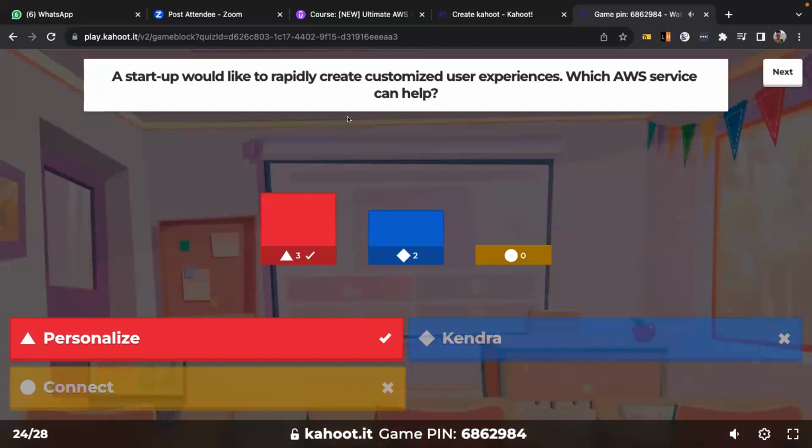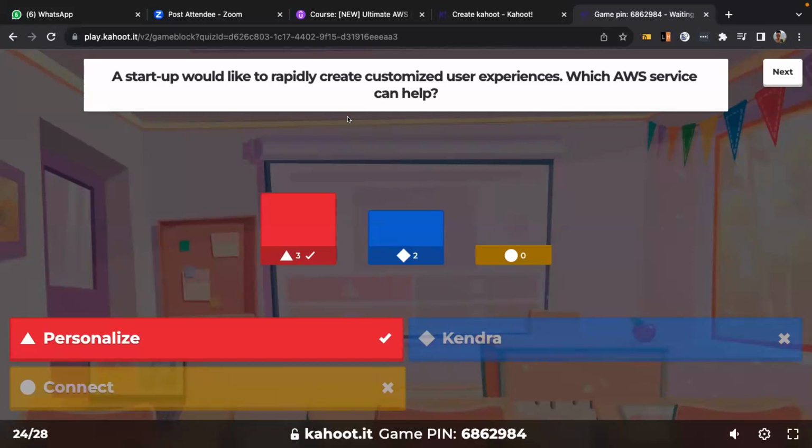Yes, so Personalize helps you create a customized user experience for your applications, and it allows developers to quickly build and deploy curated recommendations and intelligent user segmentation at scale.